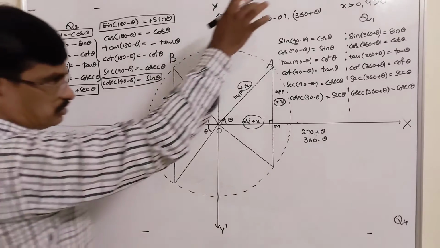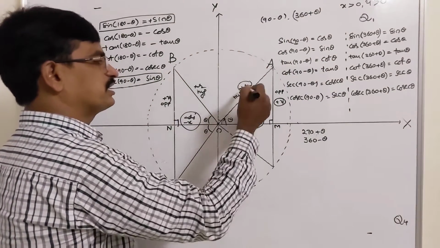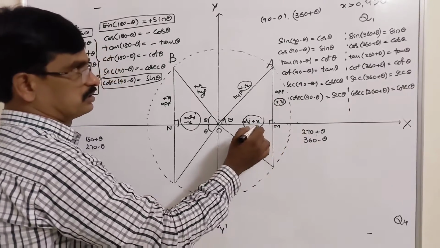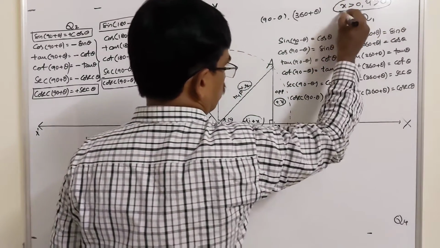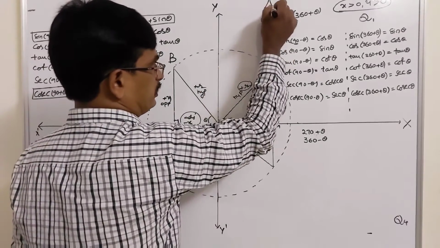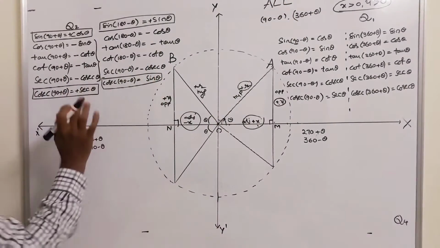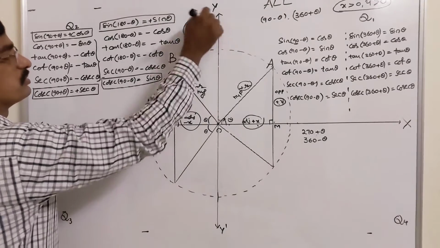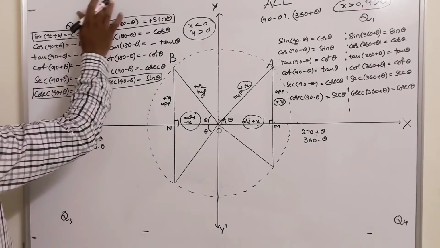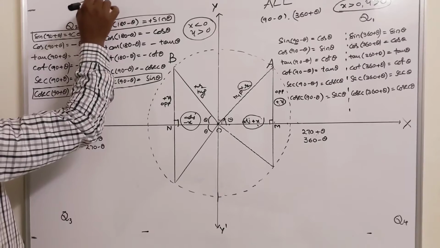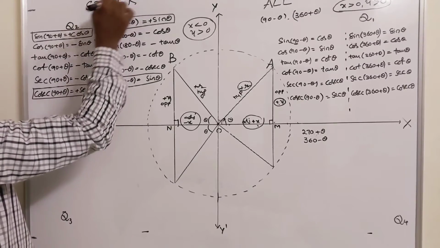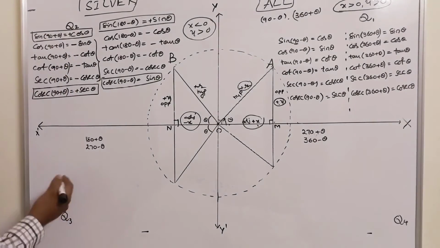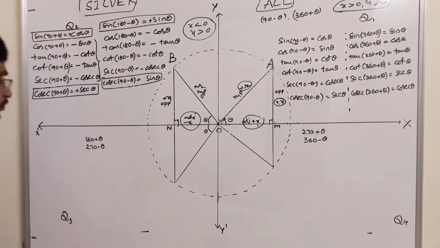So in the first quadrant, the radius of a circle is never negative, and in the first quadrant the vertical value is plus, this is plus. So in the first quadrant x is greater than 0, y is greater than 0, that is all trigonometric ratios are positive. In the second quadrant, x is less than 0, y is greater than 0. That is here only sine and its reciprocal are positive, that is the rhythmic word we have taken, A S T C. So now all silver. Then move on to the third quadrant.